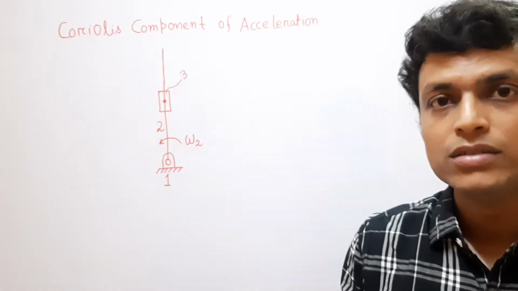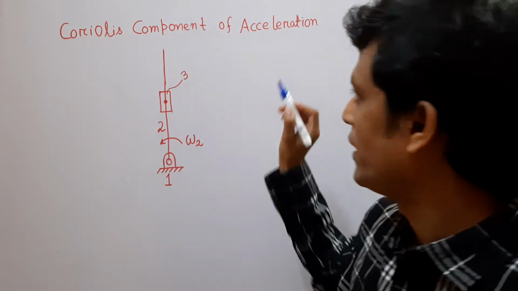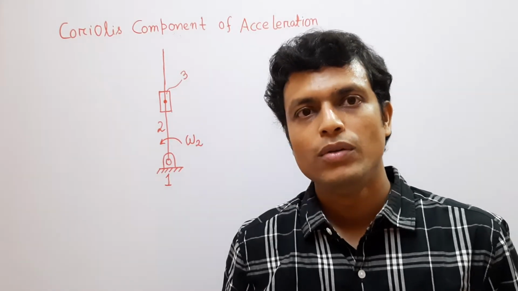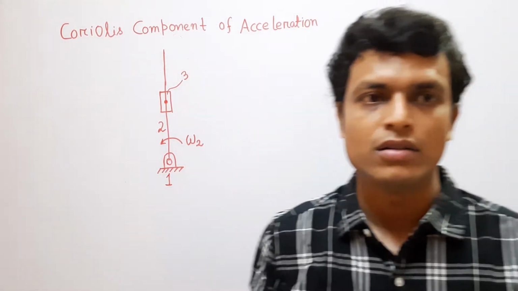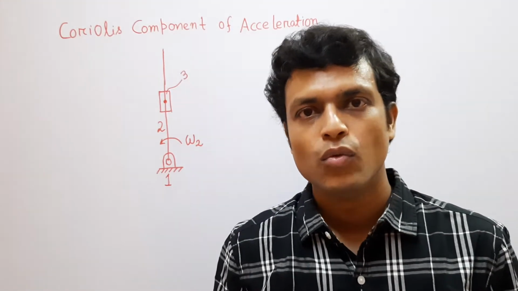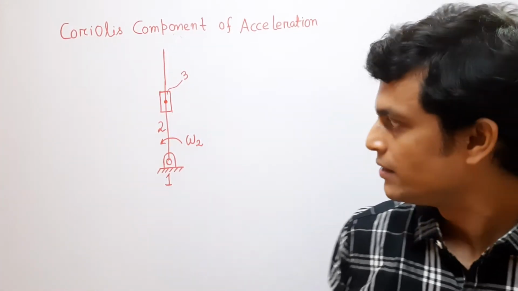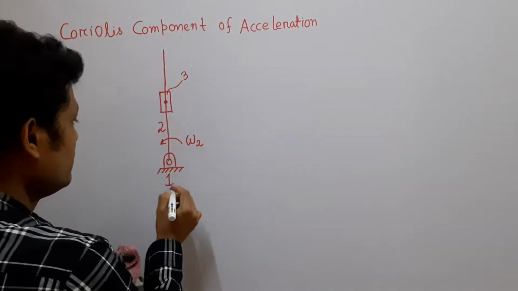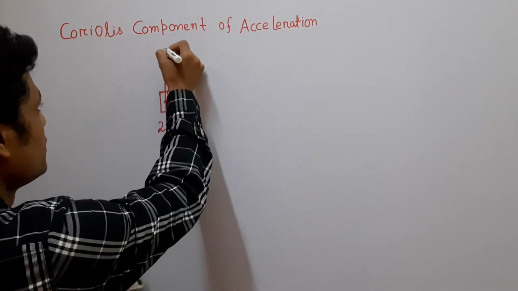In this lecture, we are going to study the Coriolis component of acceleration. Here we will prove the existence of the Coriolis component of acceleration and study under what condition this component exists. First of all, the Coriolis component exists when, say, this is a mechanism, the fixed link is 1, this is